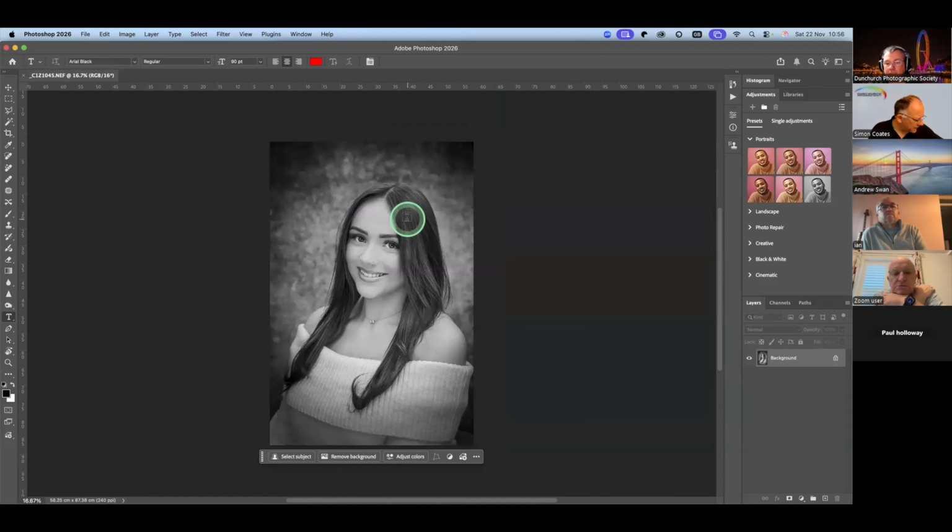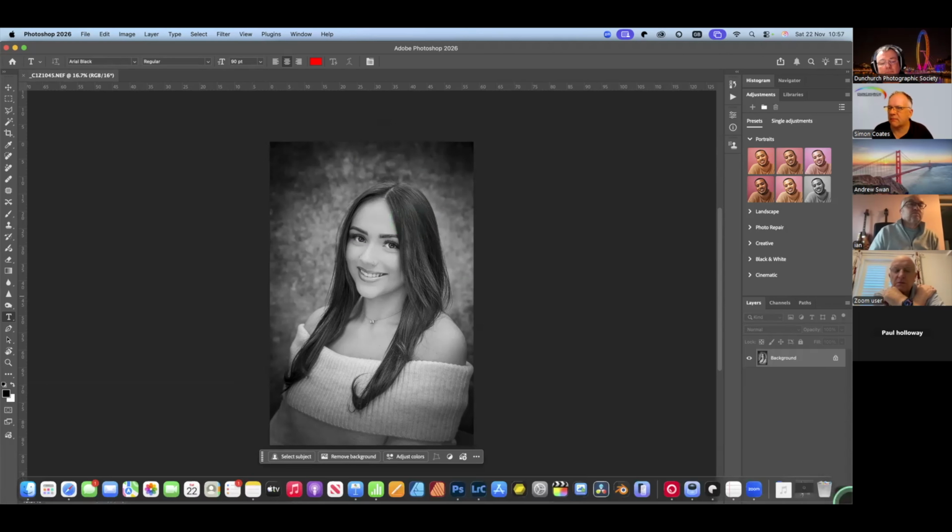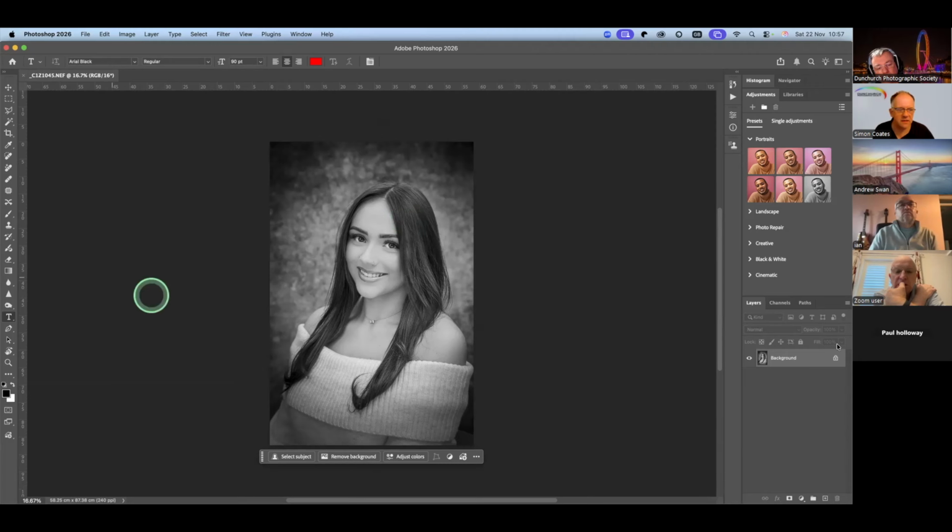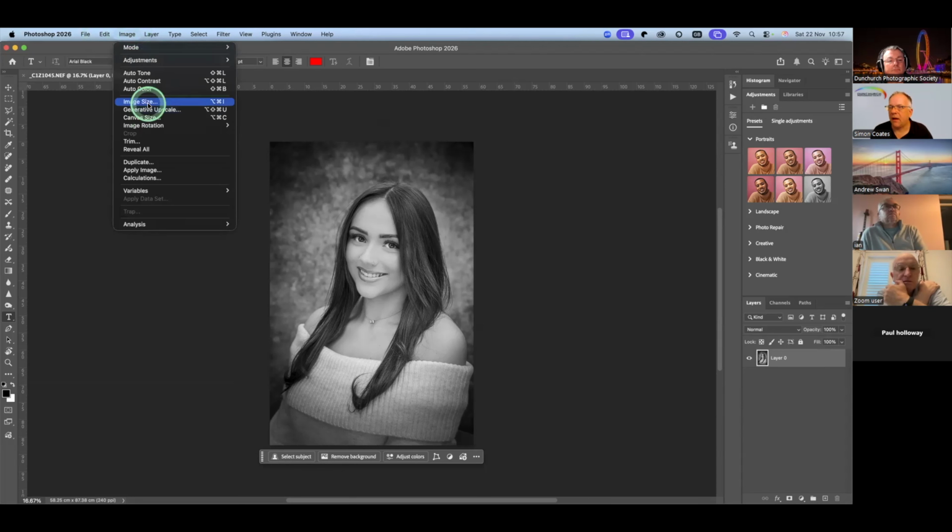The final bit would be, how do we create a PDI of this? My first step would be to stop this being a flat document. I do that in Photoshop simply by clicking on the little padlock on the layer. I don't want a flat background. I want a single layer. I then go to Image Size,